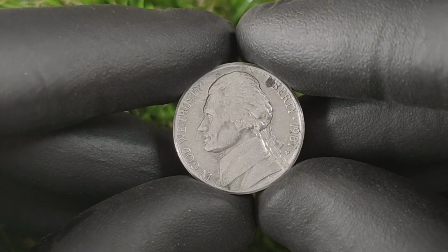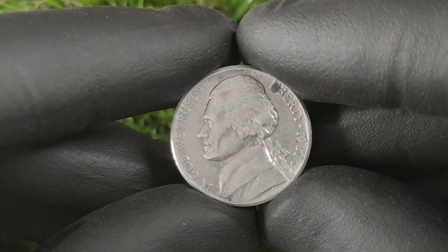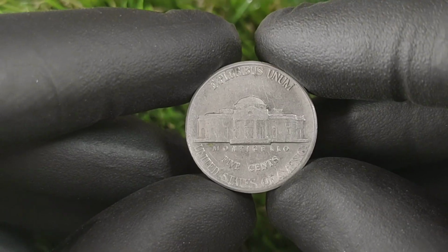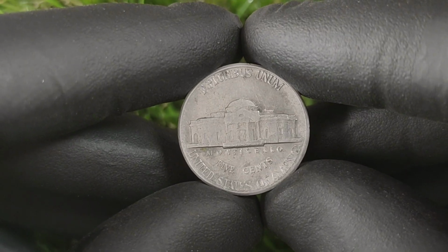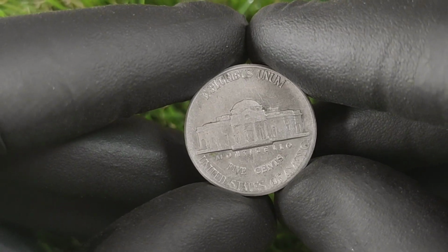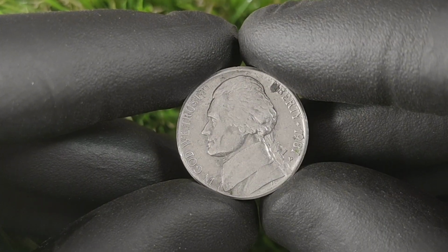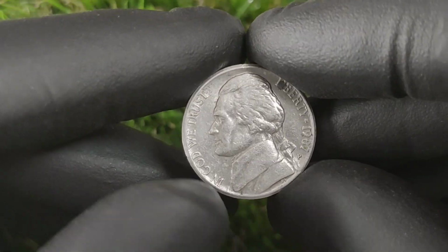Next, today, we focus on an intriguing and captivating story that centers around a humble nickel, specifically the 1987 P5 coin, which has become a heavyweight in the collecting realm, commanding an astonishing valuation of $65 million because of the critical errors and production mistakes that occurred during its minting process. This coin, while appearing to be an ordinary 5-cent piece at first glance, holds a remarkable narrative filled with unique